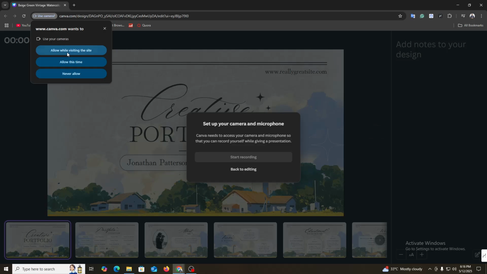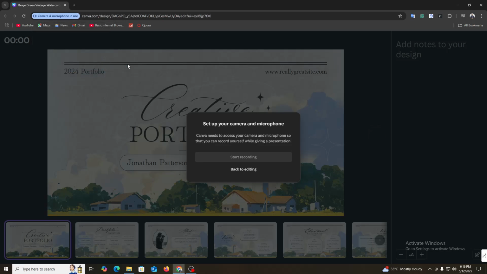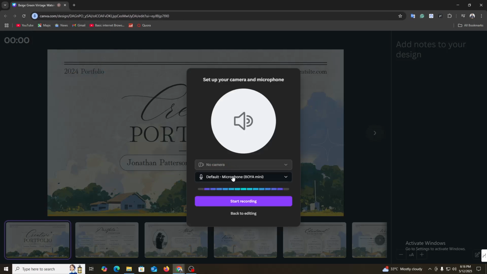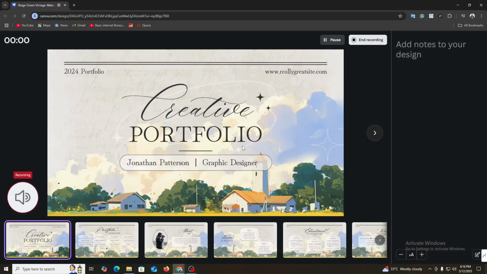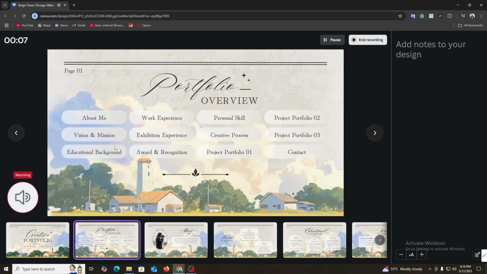Just click over here, and then it will also ask for your camera again. Then you can see we need to take out our mic. Once we complete it, now you need to click on set recording. Once you click over here, it will take a while, and now your recording has started. Whatever you talk throughout the presentation will be recorded here, and you are now allowed to